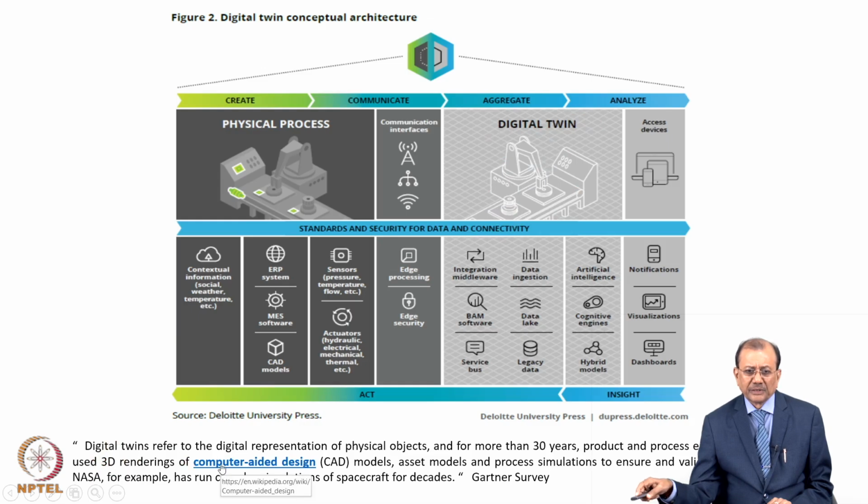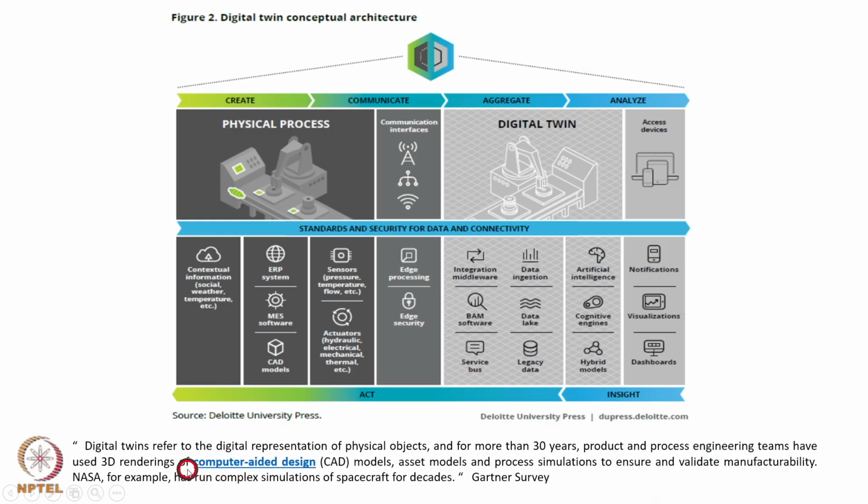One should not confuse digital twin with computer-aided design. Computer-aided design was also a digital representation of an object in a computer system, but it was a passive system, not an active one. It can't give you any decisions. It cannot be used for monitoring operations, like how the machine is functioning or how the plant is functioning, whereas the digital twin is a very active computer system.